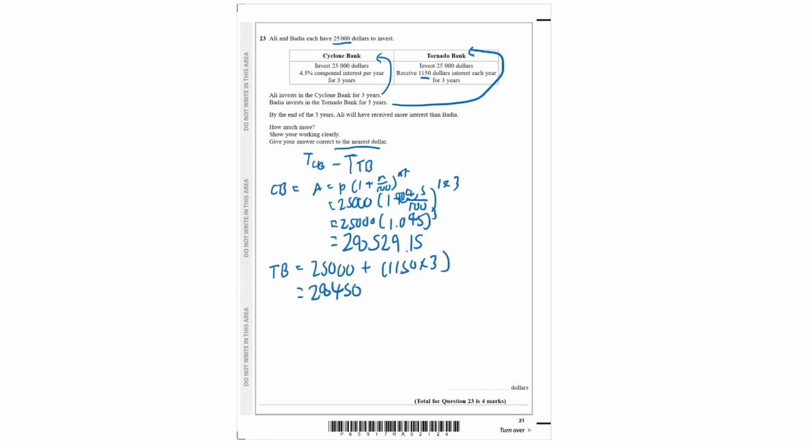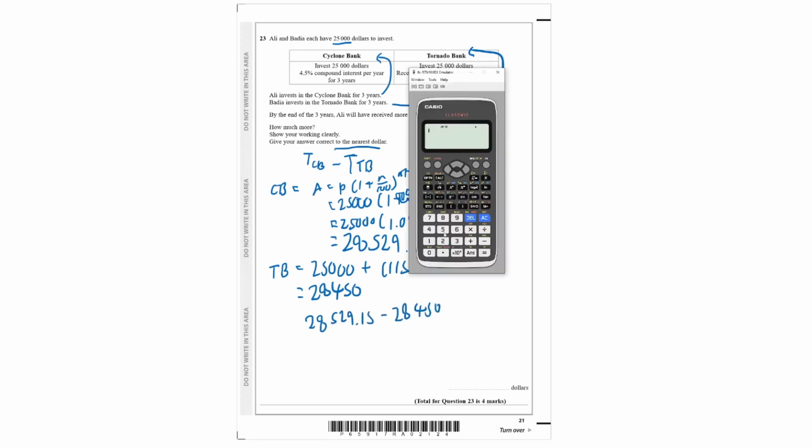28,450. And now that we have both of these values, we can subtract CB from TB, or Cyclone Bank from Tornado Bank. So we have finally 28529.15 minus 28450. We can find this to be 28529.15 minus 28450, which is